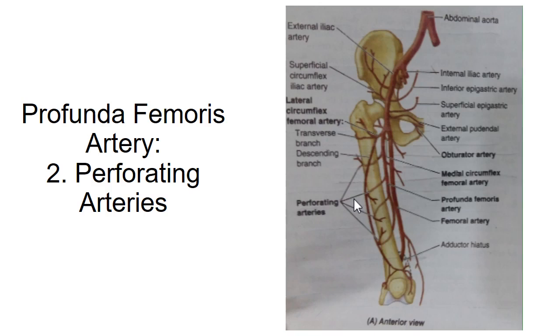In addition to these branches, they also give anastomotic branches that ascend or descend and unite with each other and with the inferior gluteal artery and popliteal artery. Inferior gluteal artery is a branch or artery of the gluteal region. So in this way they form a continuous anastomotic arterial chain that extends from the gluteal to the popliteal region. This chain supplies blood to the hamstring muscles and to sciatic nerve.